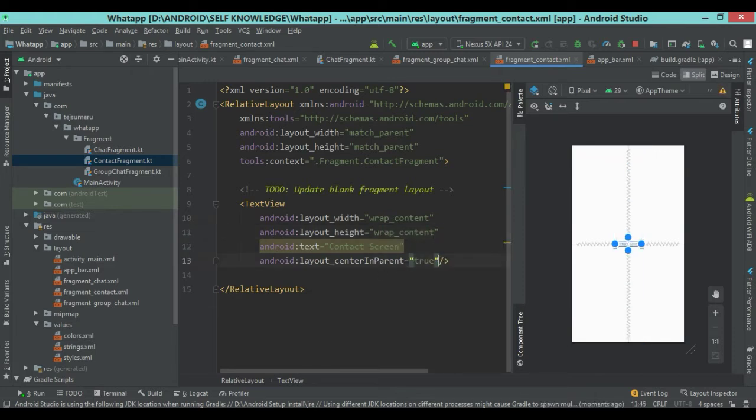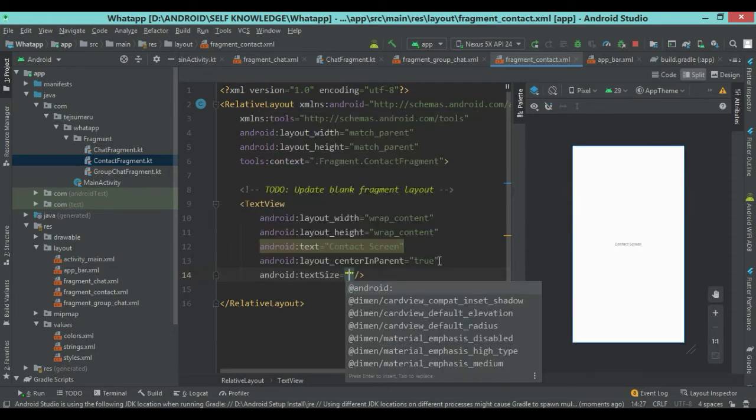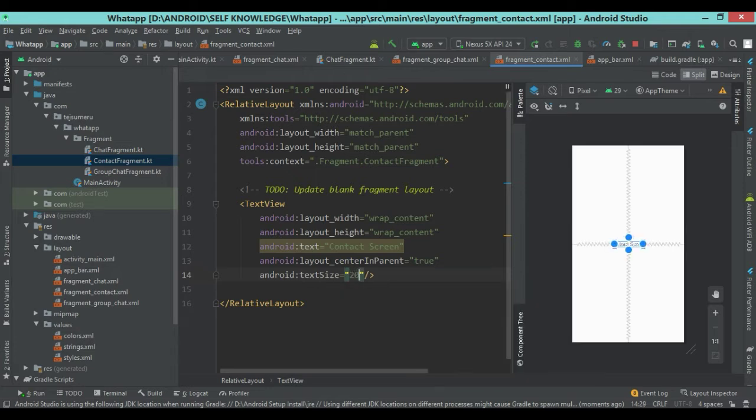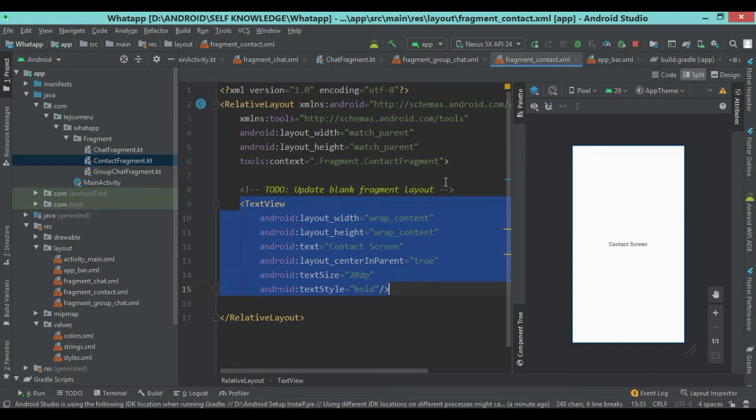We increase the size of this, and text style is bold. Oh sorry, 20 dp. Okay, we are copy pasting this code to all the fragments.